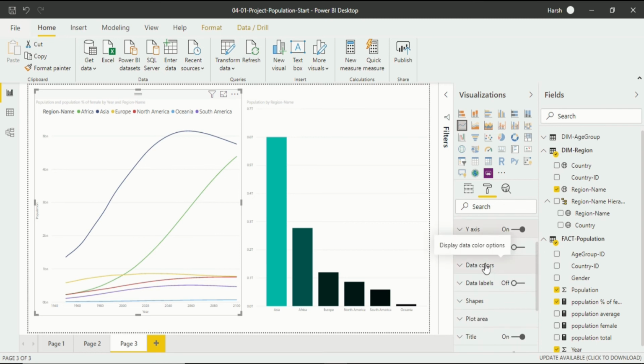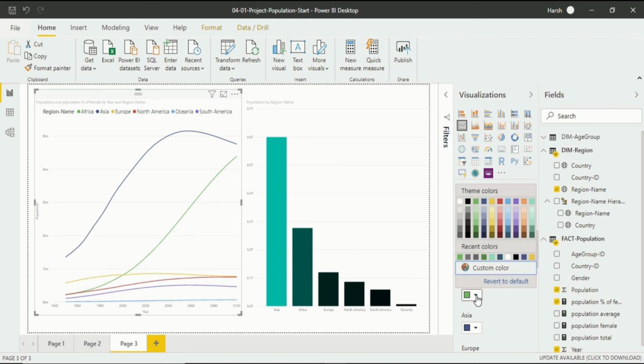In my previous video I have covered this part, but let us explore this also. What are the data colors? If I click on it, you will be able to see the colors: Africa is green, Asia is blue, Europe is yellow, North America is red. If you want to change the color of these data lines, you can change the color from here.